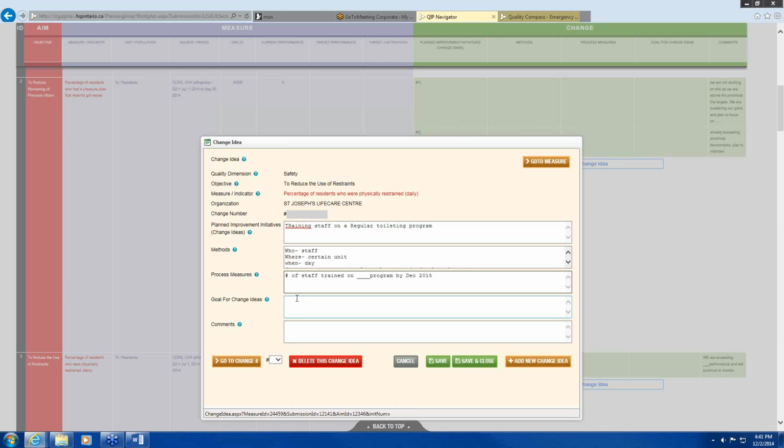And then your specific goal would be that you want to have 100% of staff trained by December 2015. And you may even be more specific and put, as documented in your HR files, or